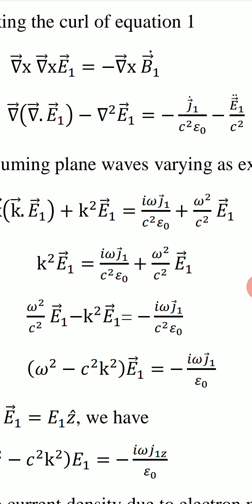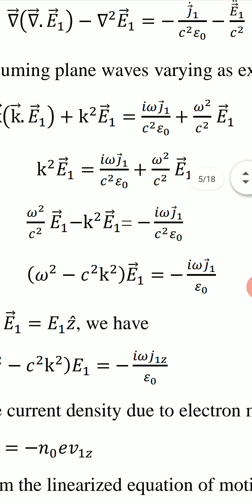Bring the quantities of E1 vector in left hand side and take E1 common. We have omega square upon c square E1 minus k square E1 equal to minus i omega J1 upon c square epsilon 0. Multiply now by c square,